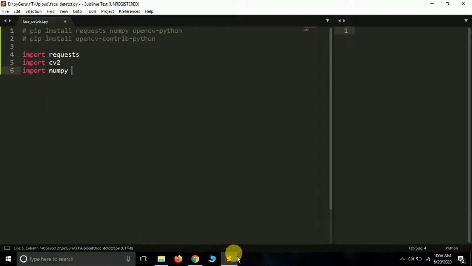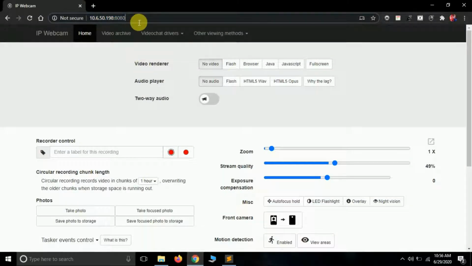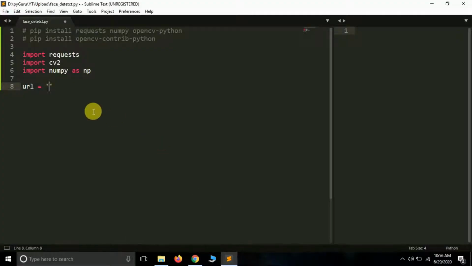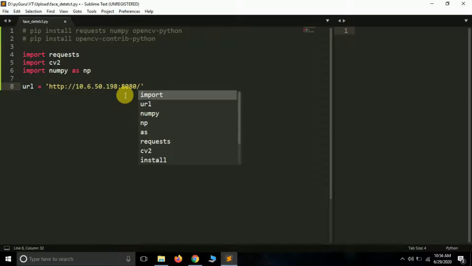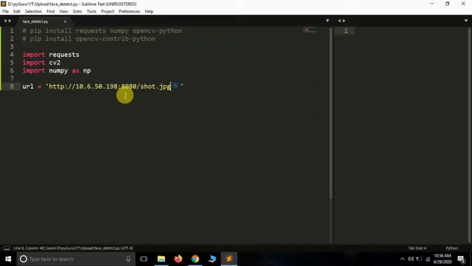Then I'm going to create a variable called URL, and inside it you have to copy and paste the same URL that you typed into your browser. Let me paste it, and remember, in the end you have to type shot.jpg. After the URL or IP address of your Android camera, you have to type shot.jpg at the end of the URL.